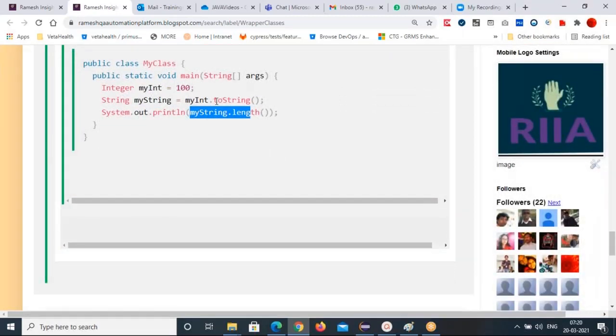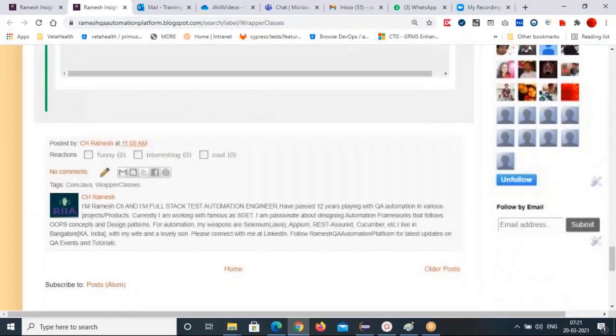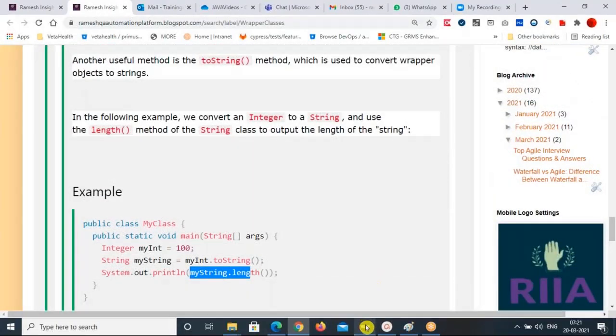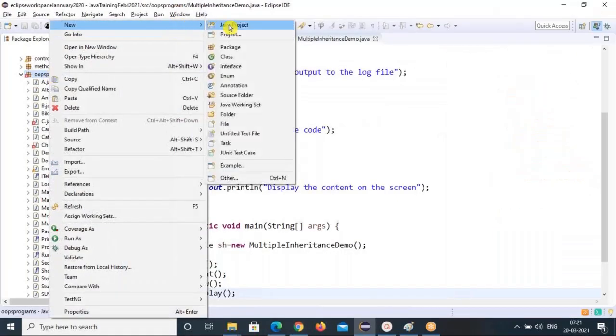This is how to convert an object into string format, using the toString method on the wrapper object. So these are all methods you need to remember, very, very important. That's all about how we can use the wrapper classes. Any questions?